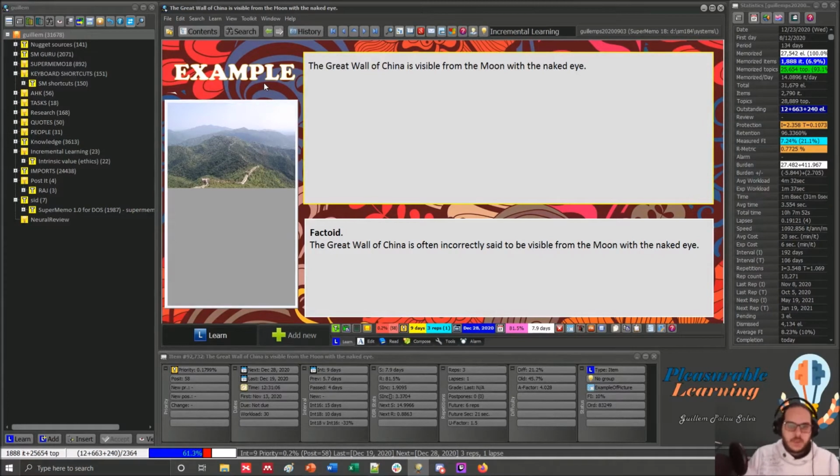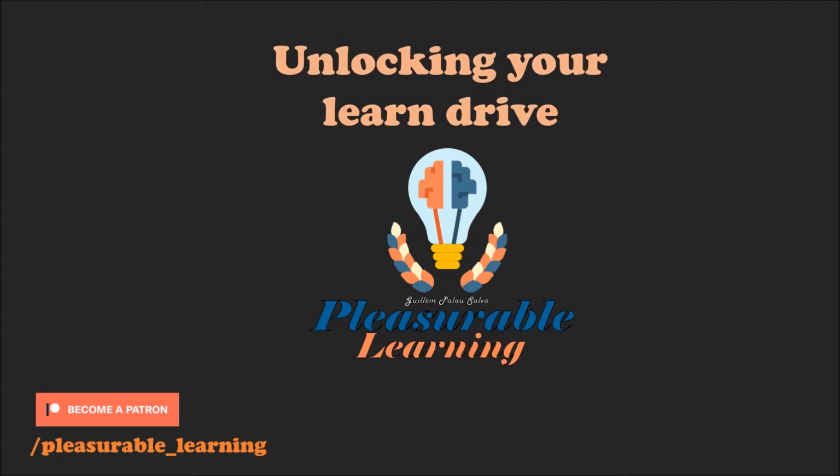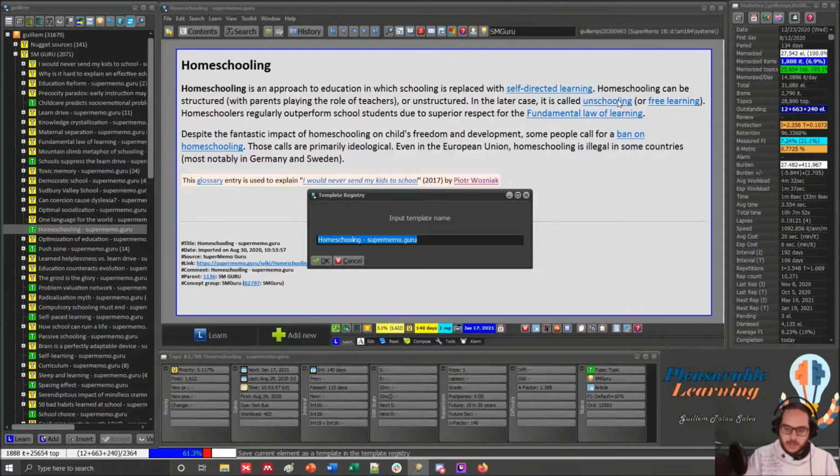So let me show you another example, because now I wanted to do a new template for SuperMemo Guru. Let's go learning. By Kilian Polosorba. It's not needed, but I want to save right at the beginning without editing. Guru article. I just, for the sake of sorting, article Guru.